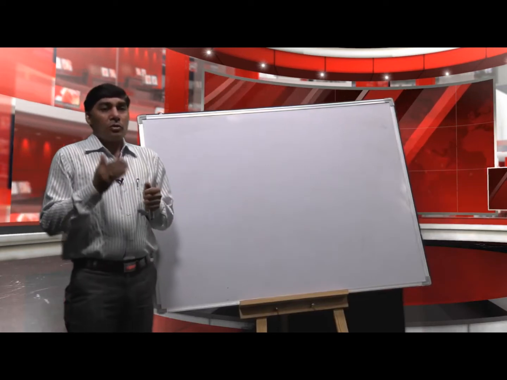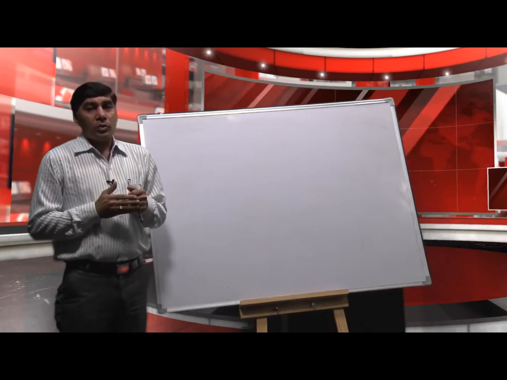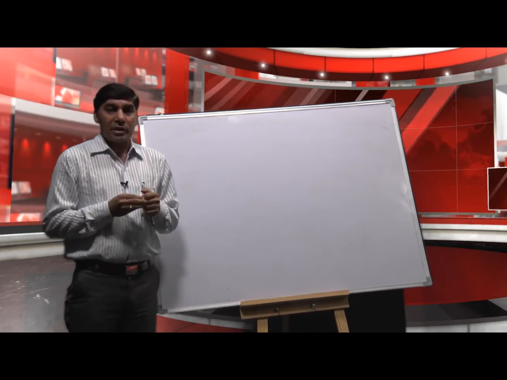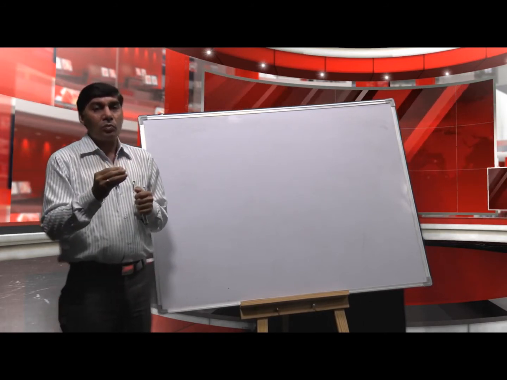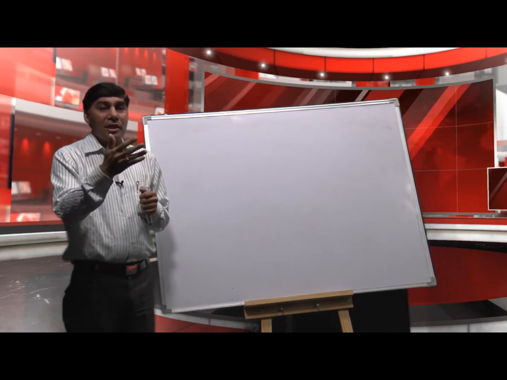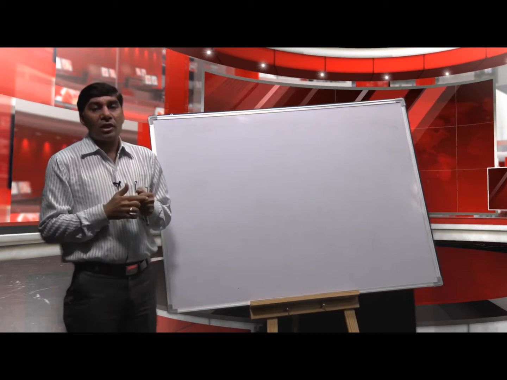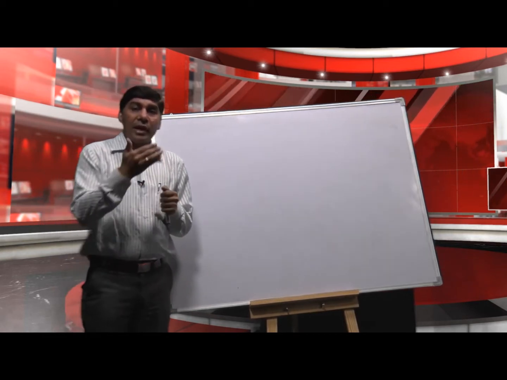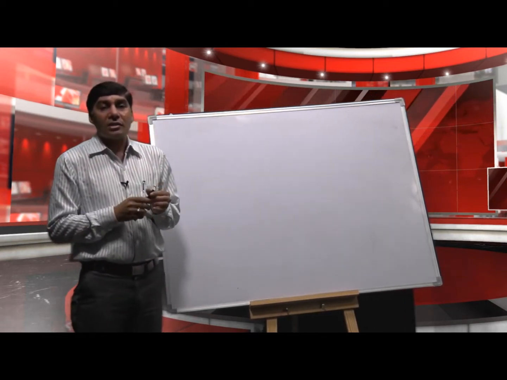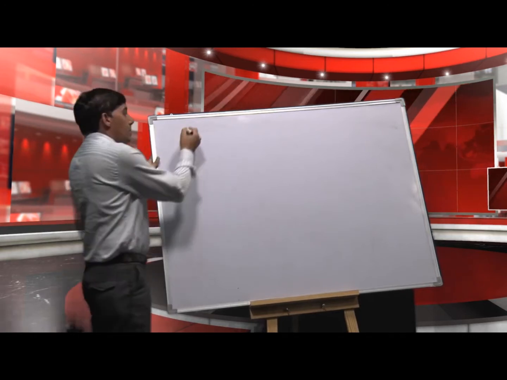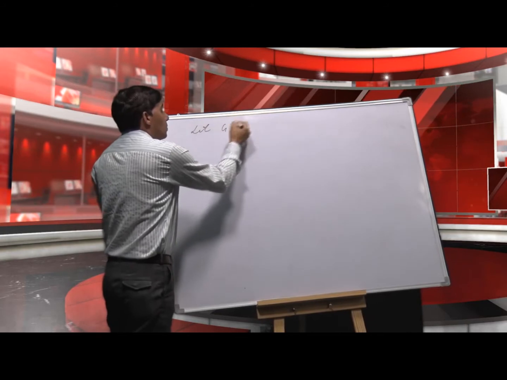Cyclic group. A group is said to be a cyclic group if it is generated by a single element. That means every element of the group can be written in the form of a single element. The single element is known as the generator, and the group G is called cyclic group with a generator of this element.